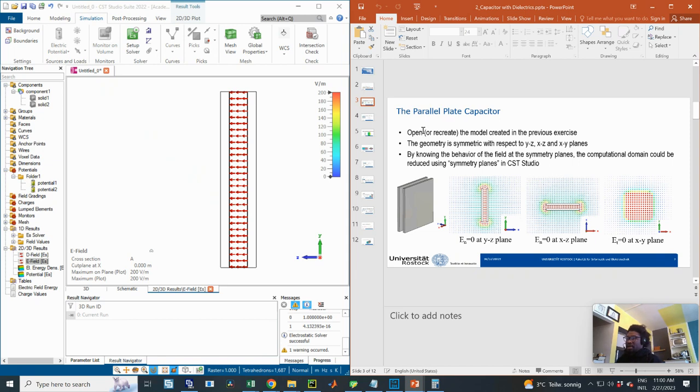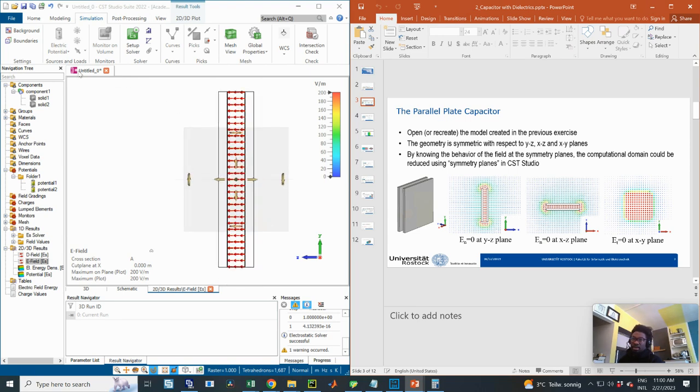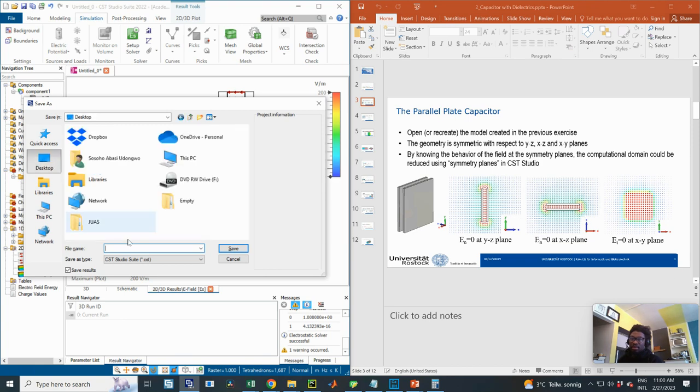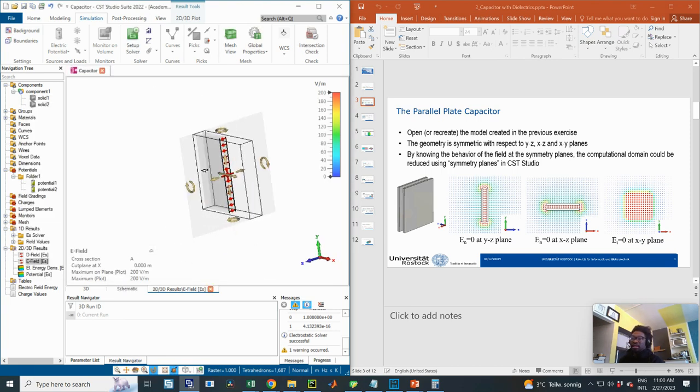So let's dive in now. Open or recreate the model in the previous exercise. So I already have the model opened. I haven't saved it. I think I should go ahead and save that now. Save it to desktop. Capacitor. Yes. So now that is all saved,